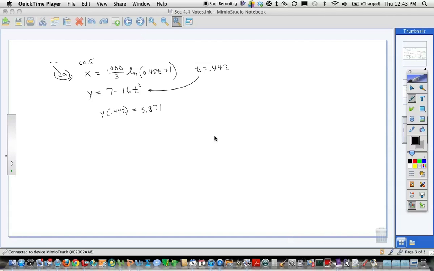And what speed does it cross the plate? Okay, that goes back to that speed equation that we talked about earlier. Okay, the x prime squared. So what's x prime? The derivative of this, right? Right? Now,